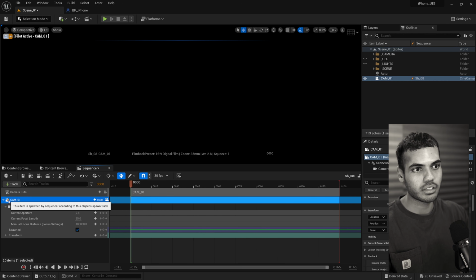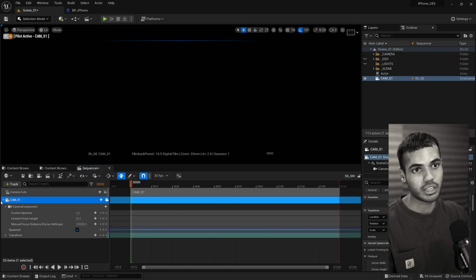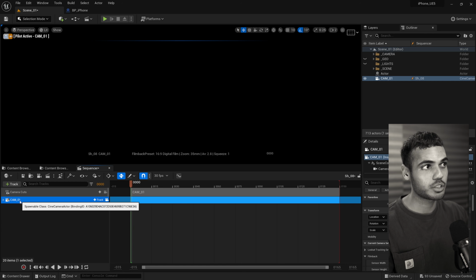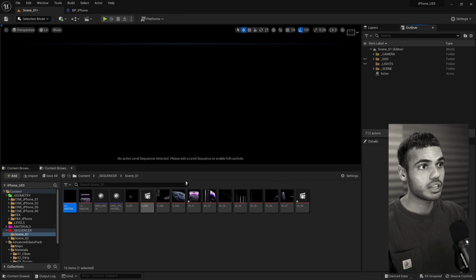And you'll notice it has this lightning bolt, and if you hover over it, this item is spawned by sequencer according to this object spawn track. Essentially what that means is you've made this item or object spawnable. And you can see here in your outliner that this cam is referenced in shot 8.